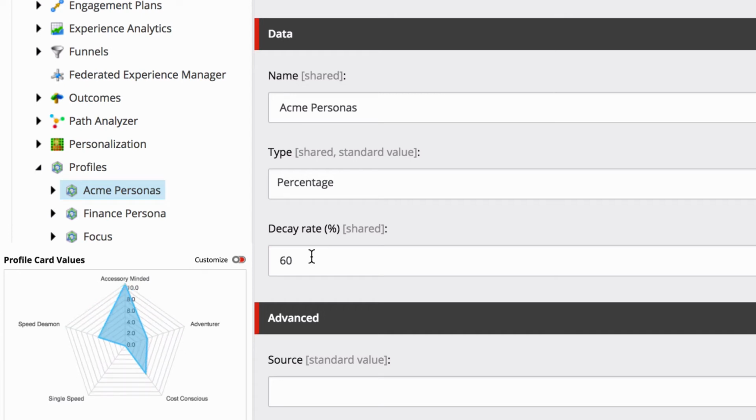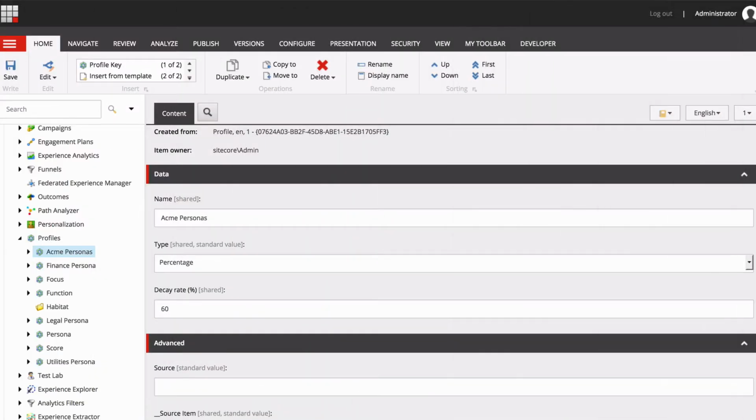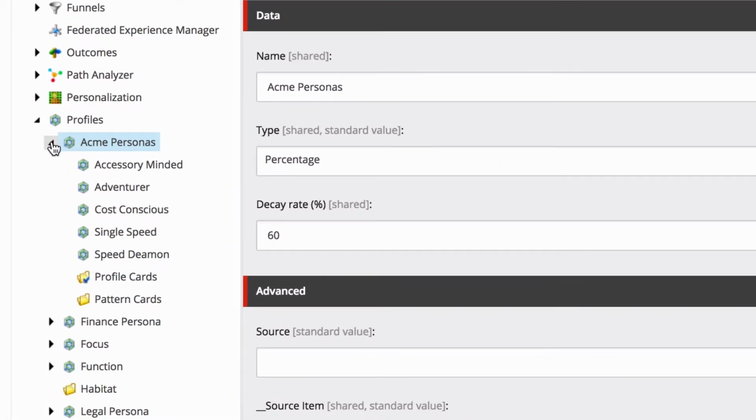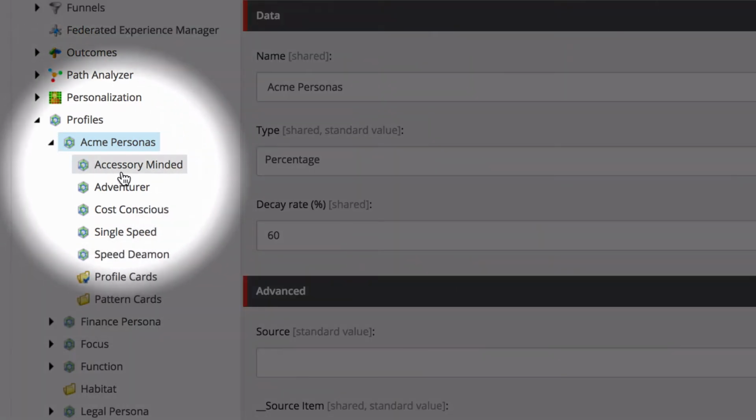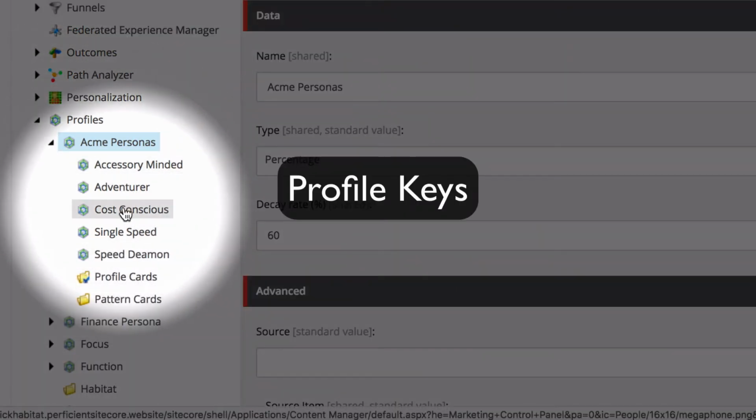They may change constantly with your customer's activity and actions. With the name, type, and decay rate set, your top-level profile is ready for build-out. Don't forget to save. Underneath this persona will live 3 unique but intertwined items: profile keys, which are the root